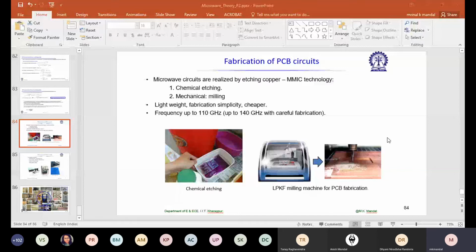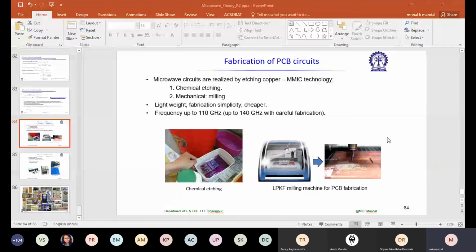So the whole setup can cost a few crores. And if we can do it correctly, we can achieve a fabrication tolerance of the order of plus minus 25 micron. That is quite a good value. At least for the microwave frequency range up to 30 gigahertz, we will not face any problem as such.